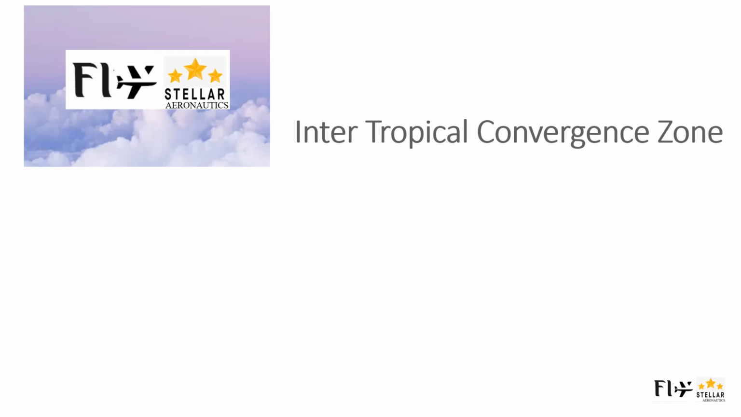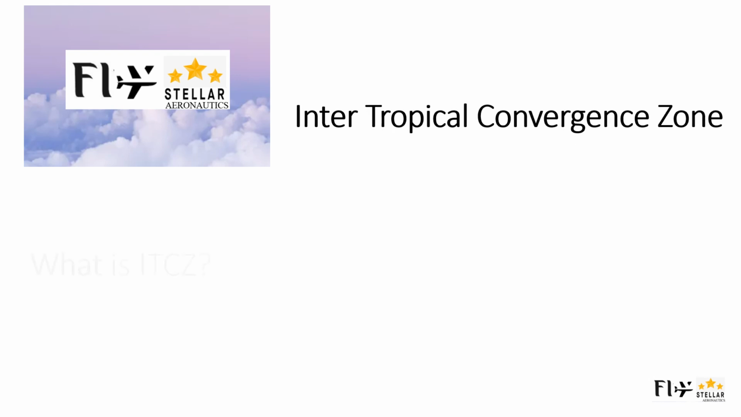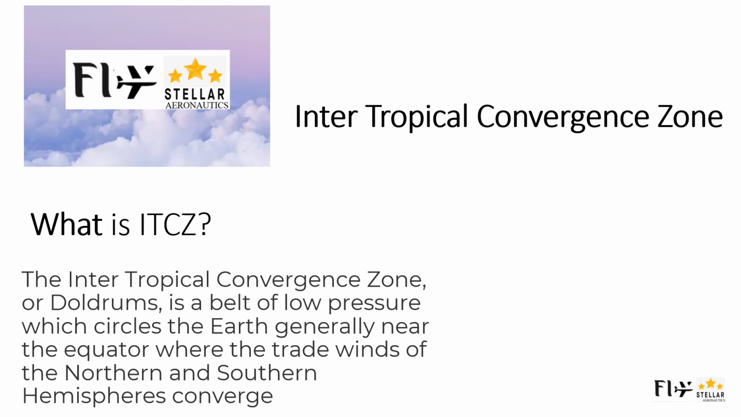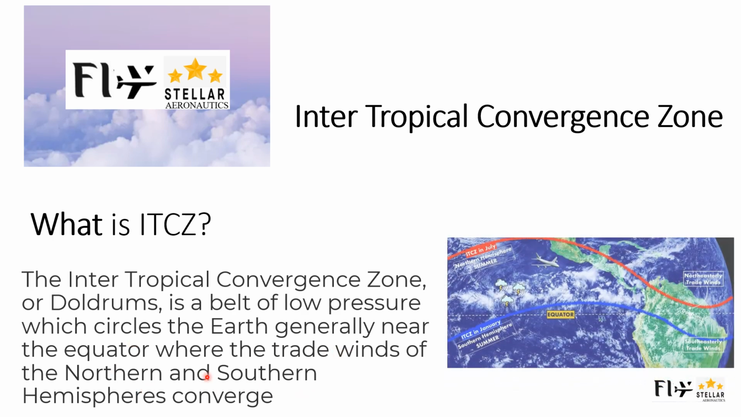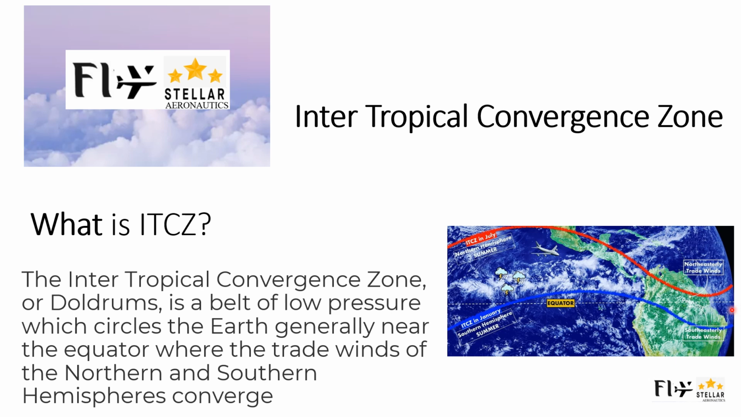Today's topic is Intertropical Convergence Zone. So what is ITCZ? ITCZ, or doldrums, is a belt of low pressure which circles the earth generally near the equator where the trade winds of the northern and southern hemispheres converge. If you look at the image here,